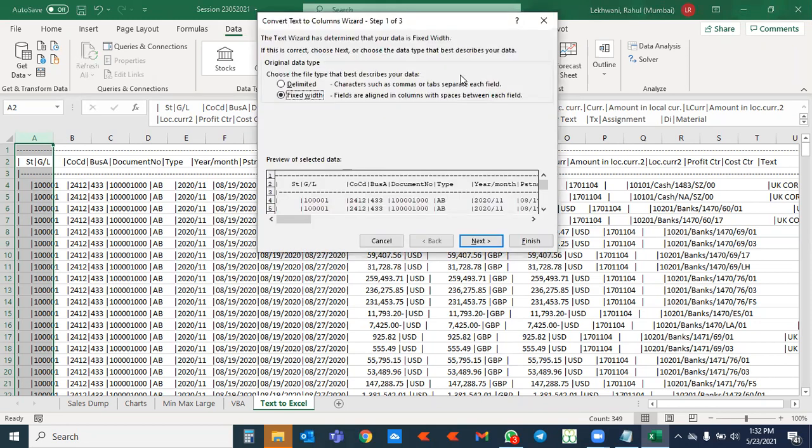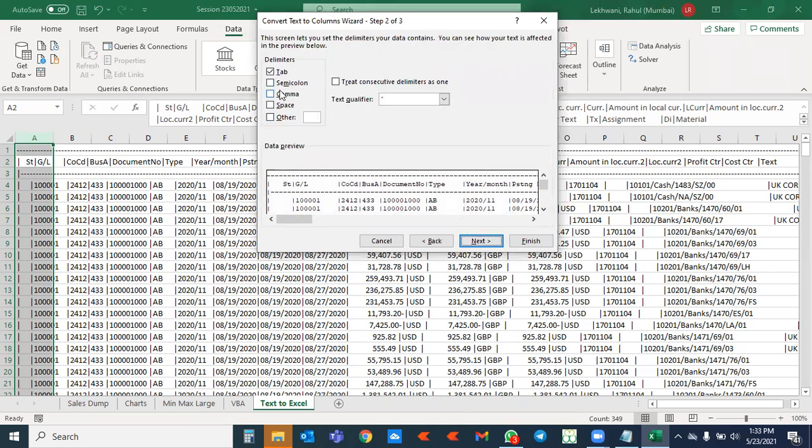So just do Text to Columns. Now it will ask you fixed width. We don't go for fixed width. We go for delimited. Whenever you are doing Text to Columns, you select delimited, so that data will be bifurcated on the basis of some criteria. Then next.